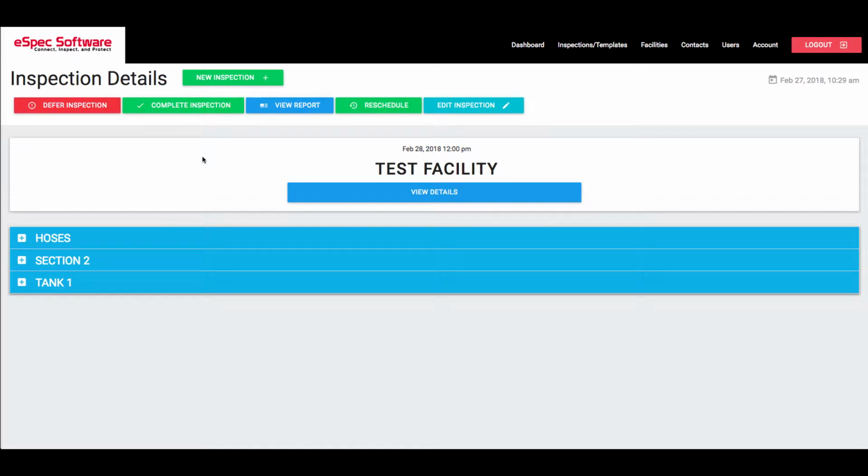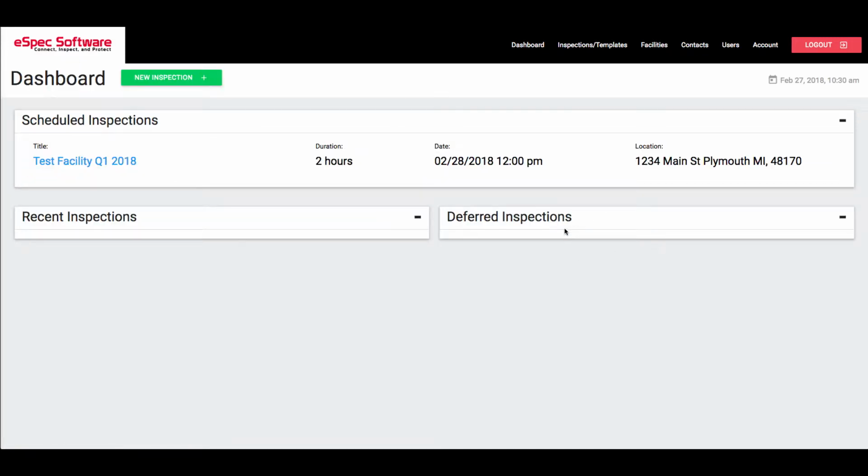Up at the top, we can see that we have multiple buttons available to us, one of them being Defer Inspection. This button will allow us, if for some reason we're not able to perform the inspection on the given day and time, and we have to maybe pass that back to our manager or administrator for rescheduling, to do that simply by clicking on this button. It'll set it into a deferred status and will be available to us from our dashboard underneath the Deferred Inspections